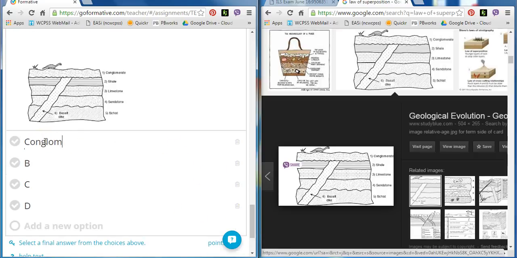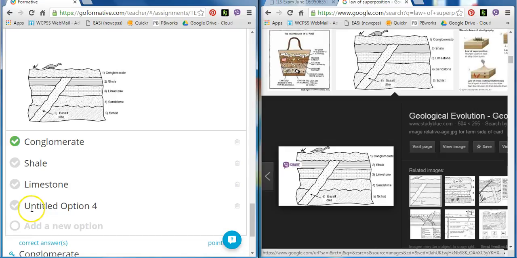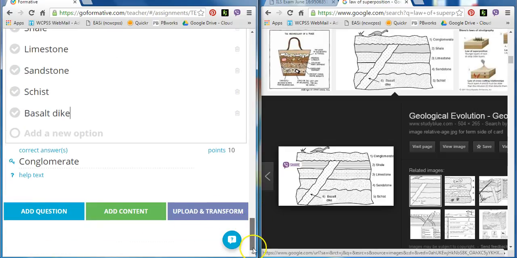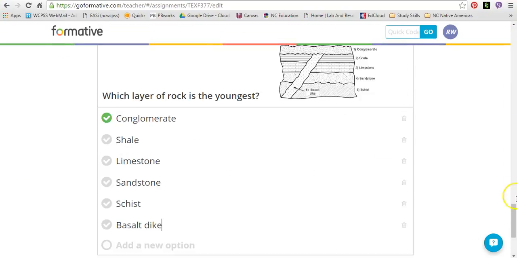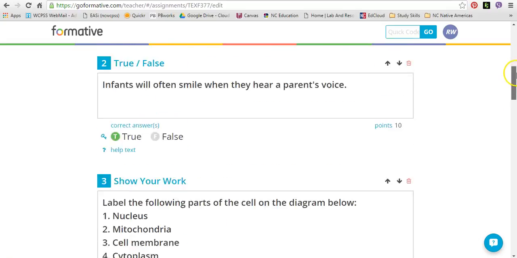And then I can just enter my answers, pick the correct answer, and finish typing my question. And when you're done making an assessment with GoFormative, and I'm just going to do these 5 questions to keep it short,